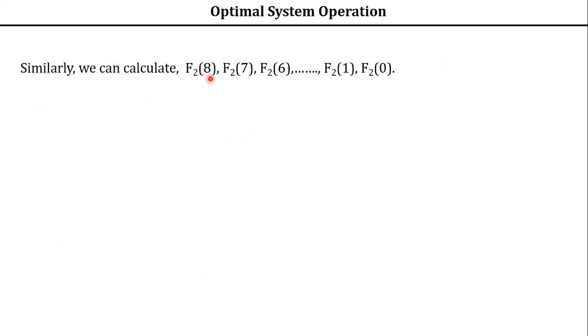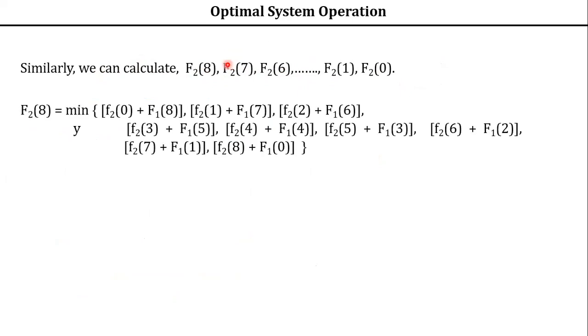Similarly, you calculate F2 of 8, F2 of 7, F2 of 6, down to F2 of 0. For each, you have to calculate it. F2 of 8 megawatt, F2 of 7, F2 of 6, because F2 of 9 we have completed. So on the same lines, you complete this. How to calculate F2 of 8? Just giving an example: F2 of 8 is equal to F2 of 0, same thing as F1. Only thing is this is 0, this is 8. Earlier we had a 9, isn't it? So 8 minus 0 will be 8. On the same lines, instead of 9, we are getting 8.